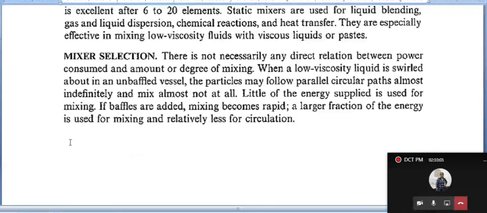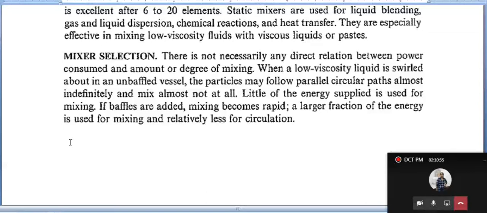See, now he says, yesterday we have seen one problem, neutralization, where the answer was 29 seconds. The point is, in the chemical industry, can we complete this in 29 seconds? It's not possible. What he said: he has filled the reactor with some acid solution, and at once he has dumped the basic solution, and then he is asking us to calculate the time for mixing, for neutralization to be completed. And then with the help of the mixing time factor and Reynolds number, he found that it is only 29 seconds. But is it possible for us to achieve such a reaction in 29 seconds? It is not possible in reality.